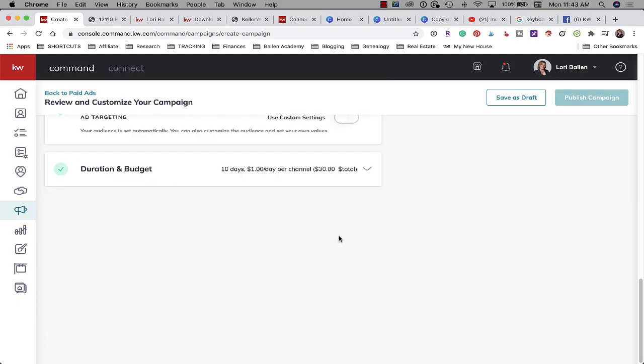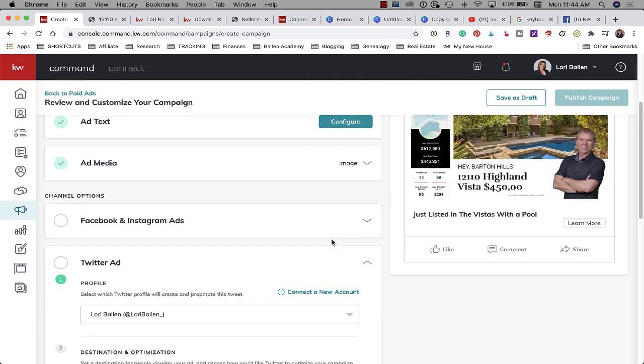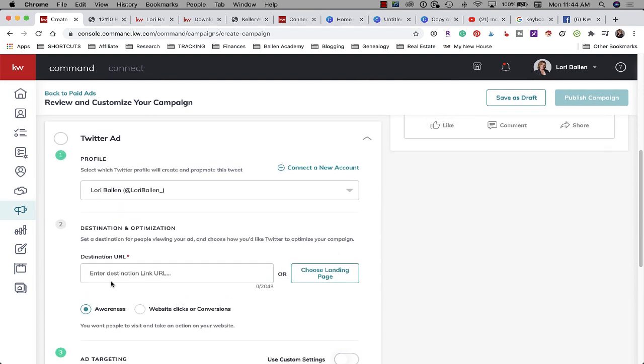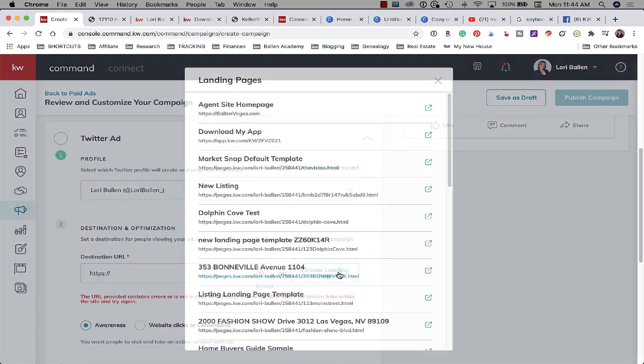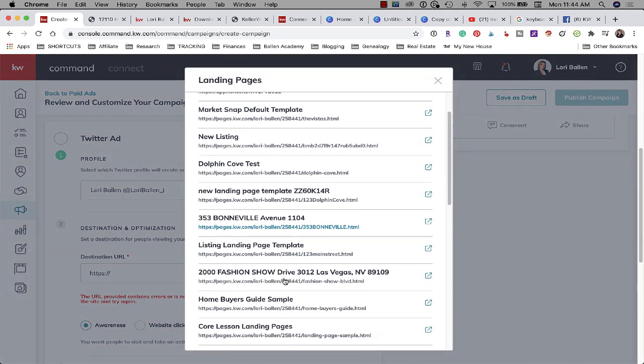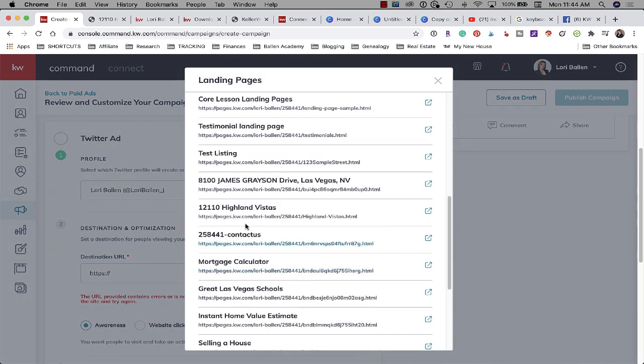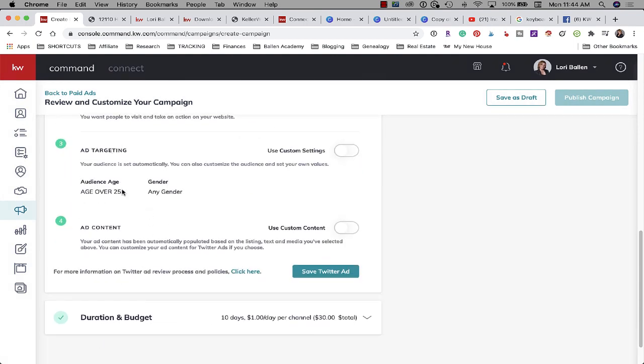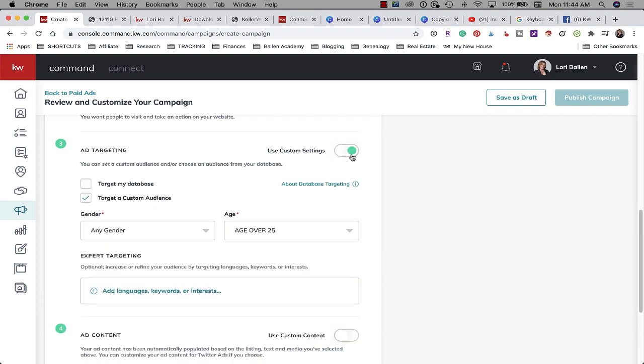Here's where you configure your Twitter ad. Okay, so you would do the same thing on your Twitter ad, put in your destination URL, or choose the landing page that you want to send them to. Okay, ad targeting automatically is age over 25. That's new. I didn't see that before. And any gender. If you choose use custom settings,